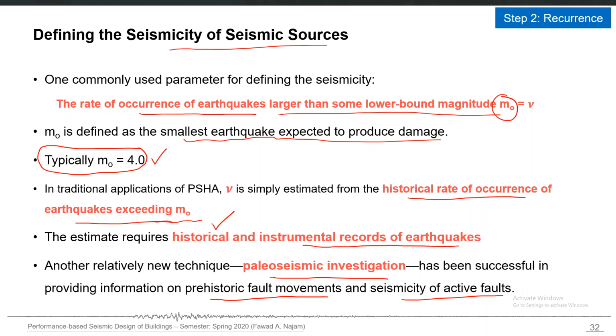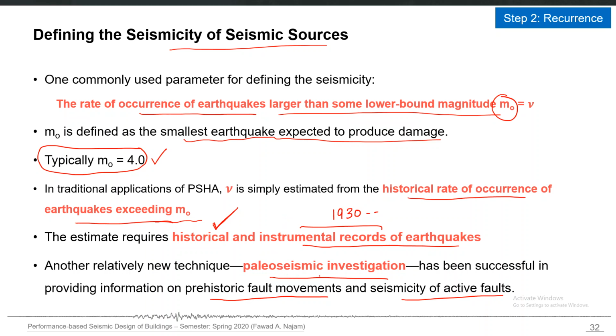So, number one, historical written records of major earthquakes. Number two is the instrumental records, but most of the instrumental records are available only after maybe the 1930s or 1950s. Before that, we only have earthquakes represented in different historical texts or accounts, and their information obviously will not be exact. But instrumental records are very reliable. The magnitude and location are relatively more reliable compared to historical records.